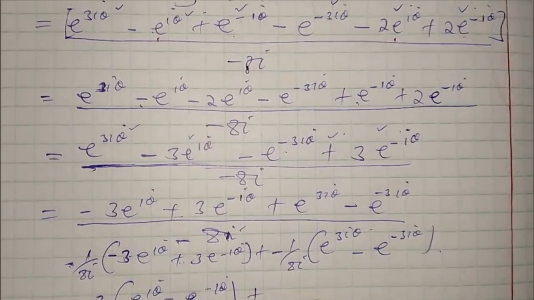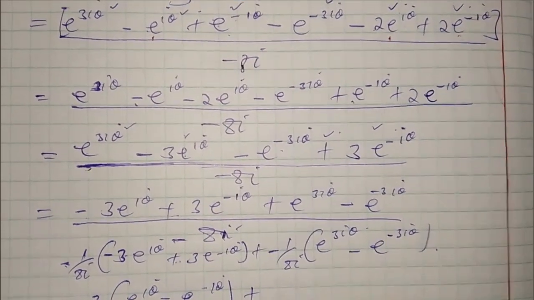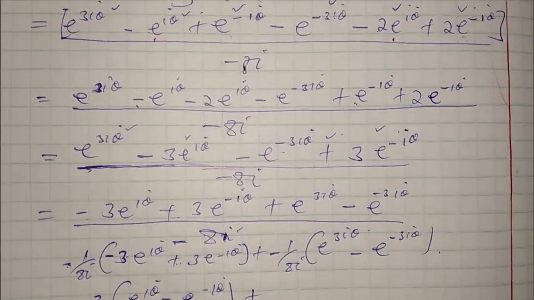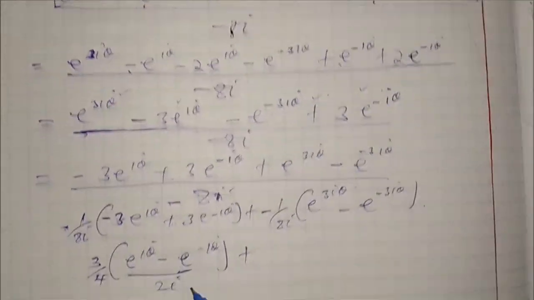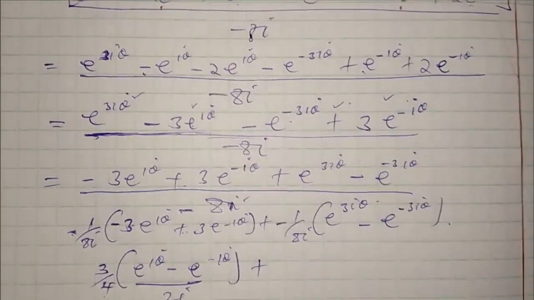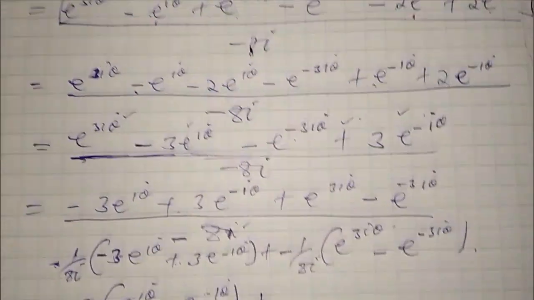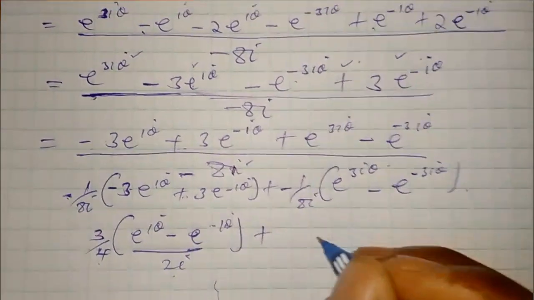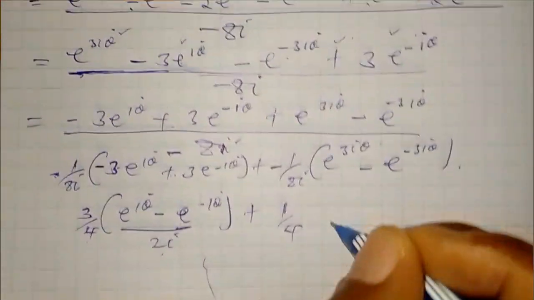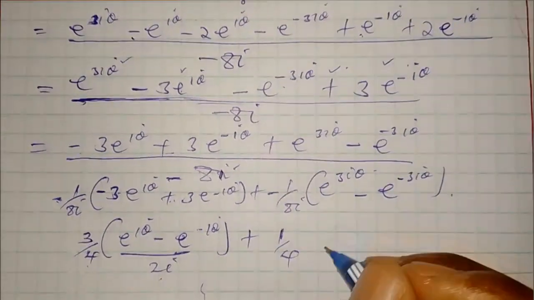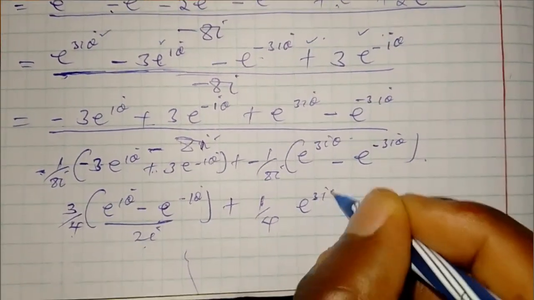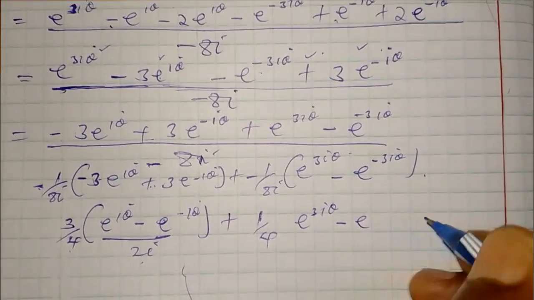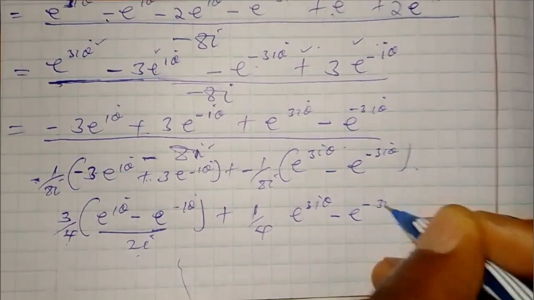Okay, plus this 2i right there, so that 2i times 4 becomes 8i. Plus 1 over 4 e 3iθ minus e negative 3iθ